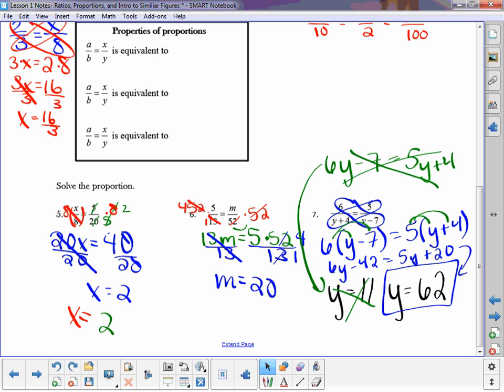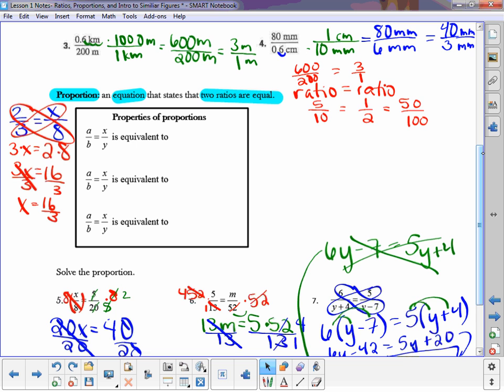There are certain properties that allow us to sometimes solve equations a little bit quicker. And then there's one that's kind of a unique property. You won't see it a whole lot, but it's an important one to know. So let's first write it out. We have three things that this proportion is equivalent to. So we're going to write it out and then we're going to see why this is true. Alright, so a over b equals x over y is equivalent to, let's start off with